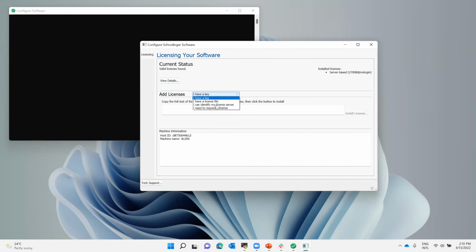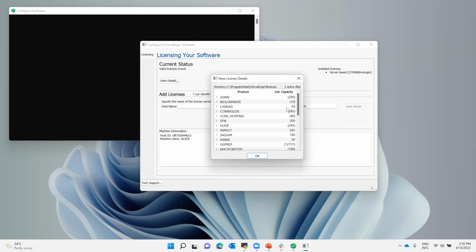You'll just say, okay, I can identify my license server. You'll put the host name and the port, and then you will click view details. And if you see numbers next to each of these things, it means it can see the license. Because as you can see, there's numbers next to each. So there's 200 tokens for ADME, the Bioluminate has 10, and so on and so forth, all the way up